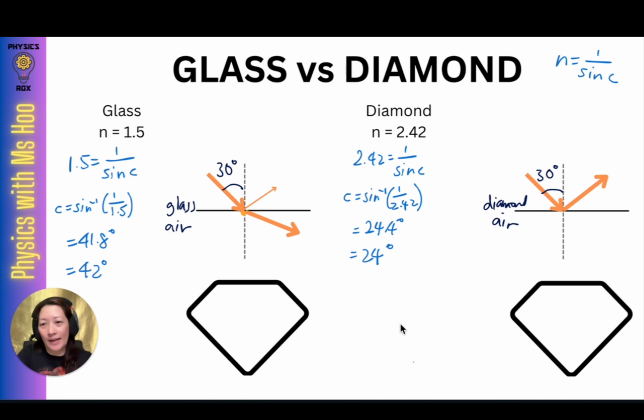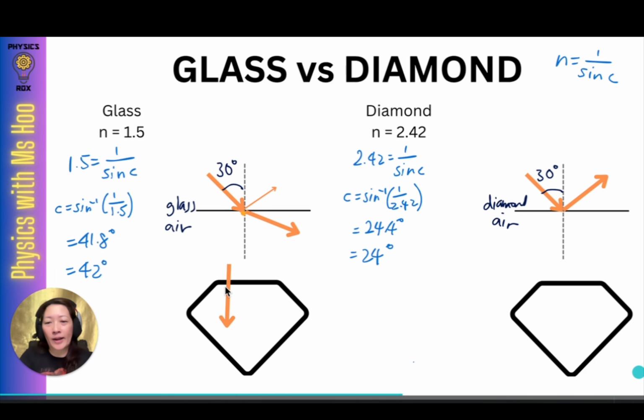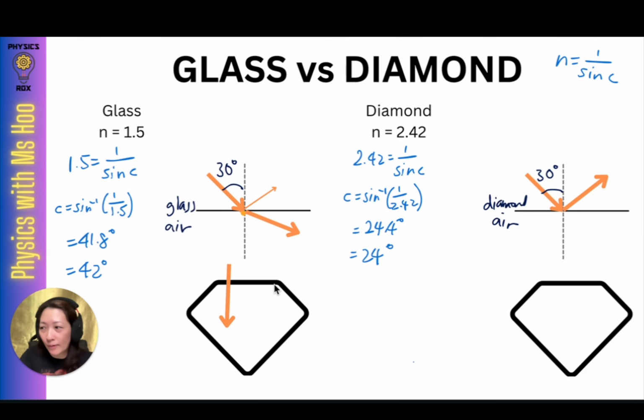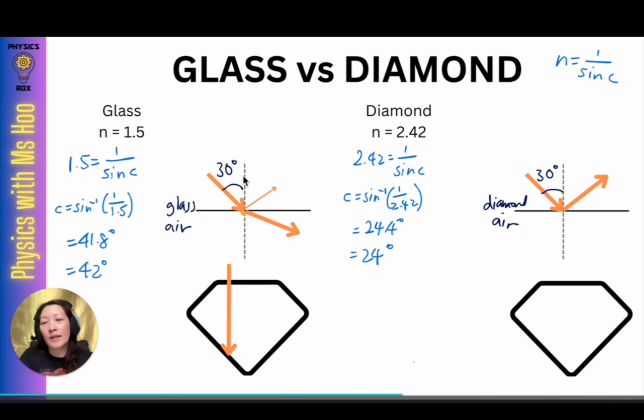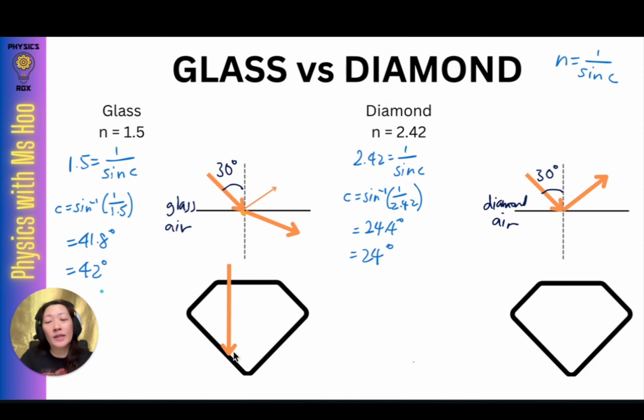So why can't glass do the same? It's because of the critical angle. To give you another comparison here, we have two diamond shapes here, exactly the same, but let's see how light travels. So if, for example, we have a light ray that comes in through this face, we'll have the angle in such a way that the angle of incidence is 0, so the light ray will travel straight through, and let's say it reaches this boundary. So now the thing is, as we know, the incident angle has to be greater than 42. So there's a possibility that the angle here is less than 42. So if that were to happen, then you'll find that the light ray will end up refracting out into air,